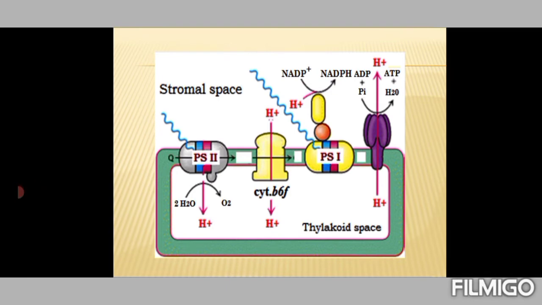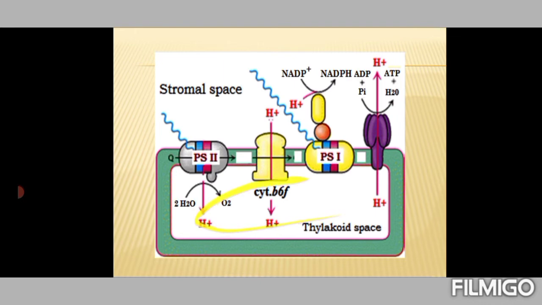Okay, so this figure further illustrates the process of chemiosmotic theory and synthesis of ATP. You can see here the hydrolysis of water creates H plus ions. Then the cytochrome b6f complex contributes to the accumulation of H plus inside the thylakoid space, as well as the H plus that is taken away from the stromal space also contributes to the difference in H plus ion concentration across this membrane. That means across the membrane between the stromal space and the thylakoid space, a proton or electrochemical gradient